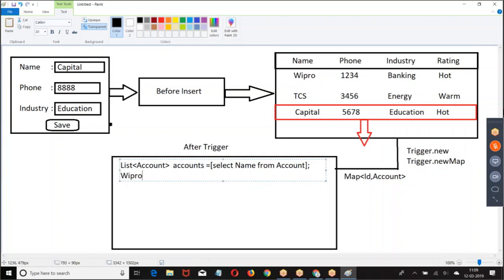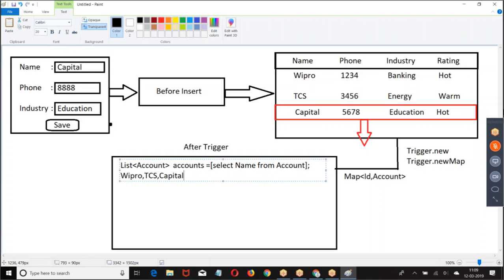Wipro, TCS, Capital. These are the three records.